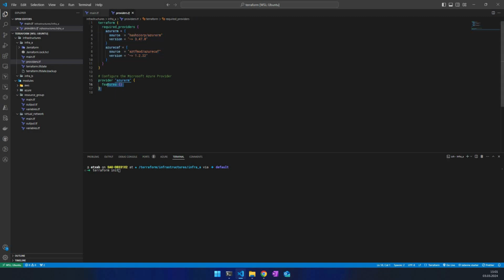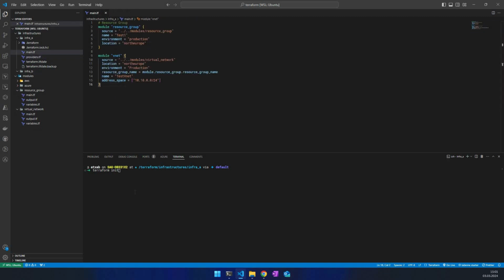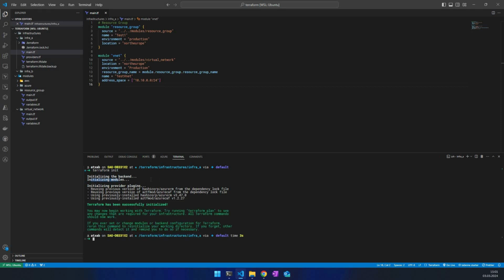So you also need this file for your infrastructure, and then we hit terraform init, and it's going to create. You can see that it is written, initializing modules. So it's simply downloading the modules from the Terraform provider, and then we can just type terraform plan